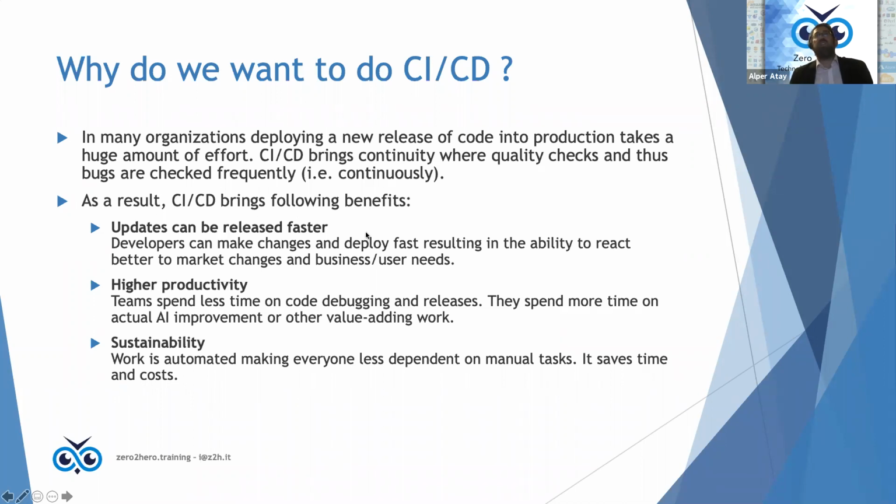As a result, CI/CD brings the following benefits. Updates can be released faster, because basically you are continuously updating your code, and it gives you higher productivity, and it gives you higher sustainability because it's automated. So everything is done automatically. What you need to do is just trigger your continuous integration or continuous deployment job through Jenkins. Or you could also